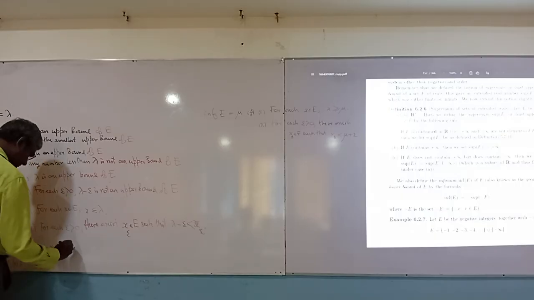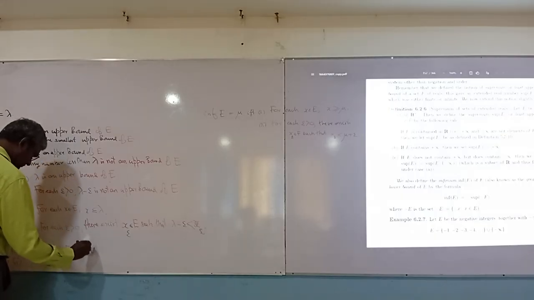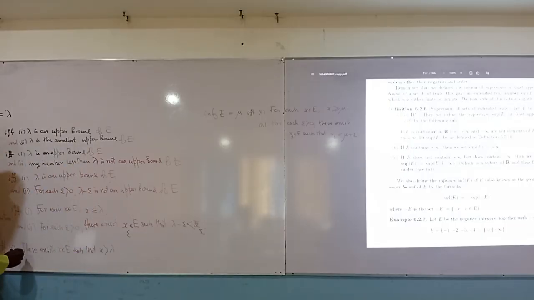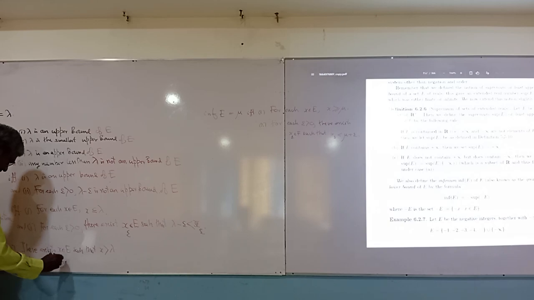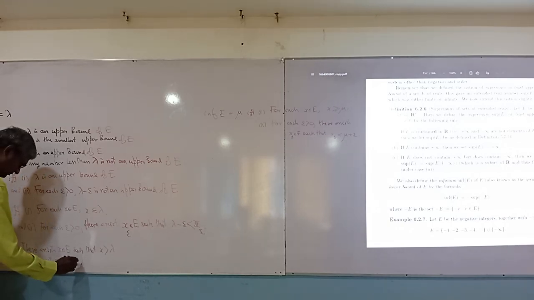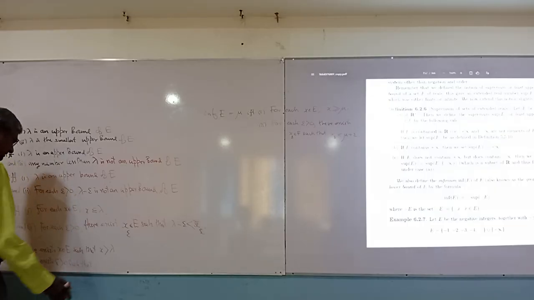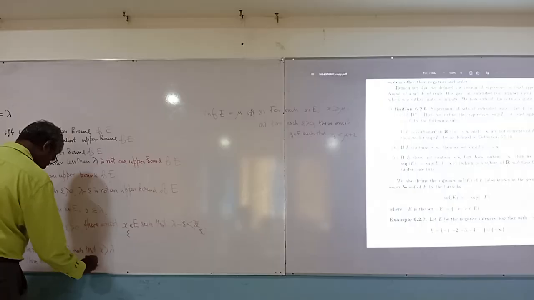such that X strictly less than lambda. Oh, there exists epsilon greater than 0 such that, yes, for each epsilon greater than 0, there exists x epsilon belongs to E such that x epsilon greater than lambda minus epsilon. Here it should be: then there exists epsilon greater than 0 such that for each x belongs to E,